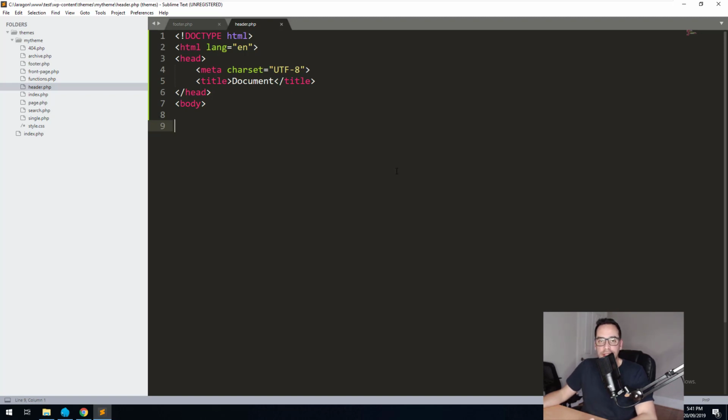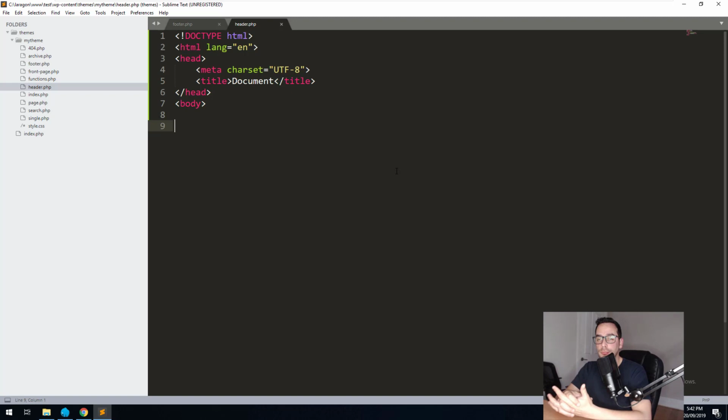And what that does is it basically injects WordPress functions.php within our header and footer. It's almost like a hook. So in our functions.php, we will tell it that we want a style sheet, and then what will happen is functions.php will automatically inject it into our header or into our footer. The reason why we do that is